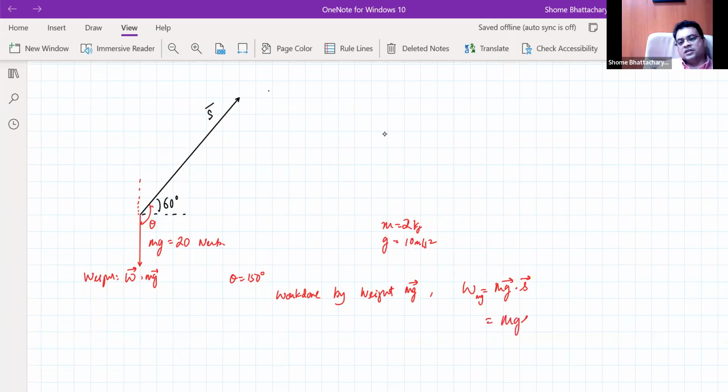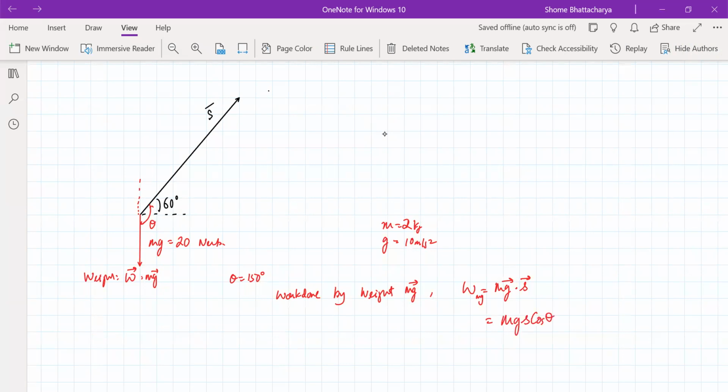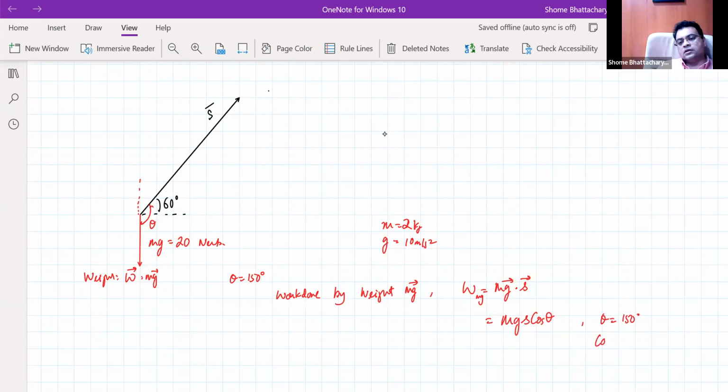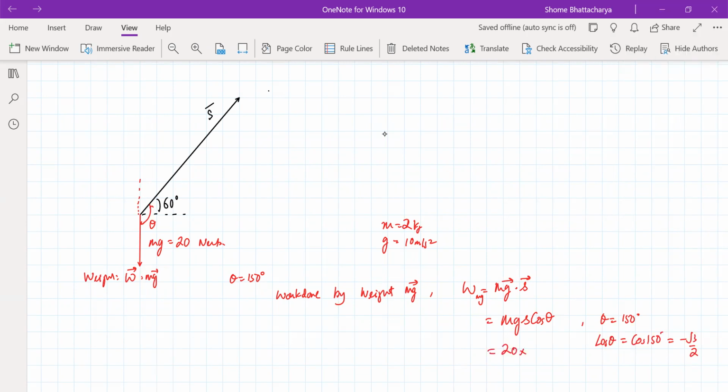So it is mgs cos theta, where theta is now 150 degrees. So cos theta is minus root 3 by 2. It is 20 into